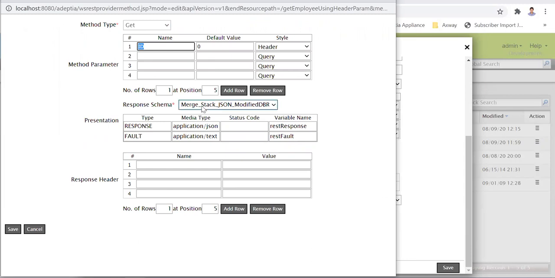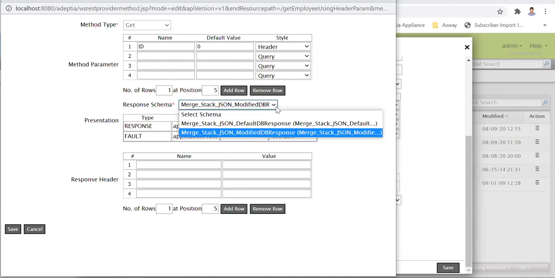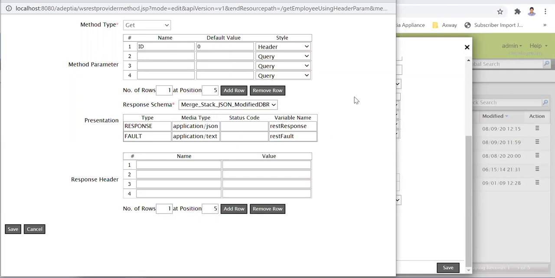You can see here, this is the value I'm passing as a header now, and I gave a default value of 0. There are 2 options: we can pass it as a query or a header. We'll see both options; right now I'm using the header. Then we are saying that JSON will be the response. Once it's JSON, it will ask for the schema. The same schema we are using in the data mapper and the process flow. So that's all, your provider is ready.